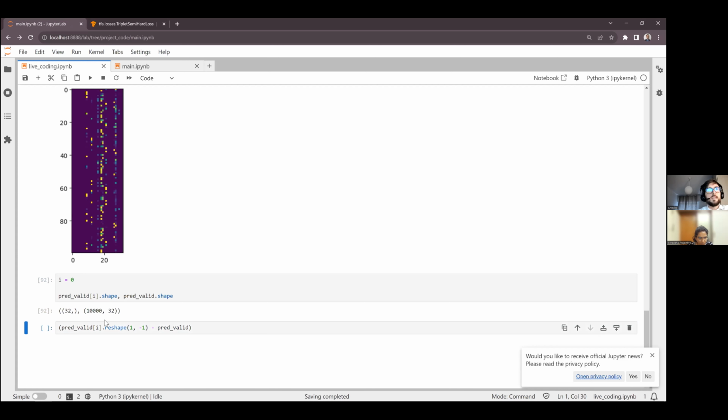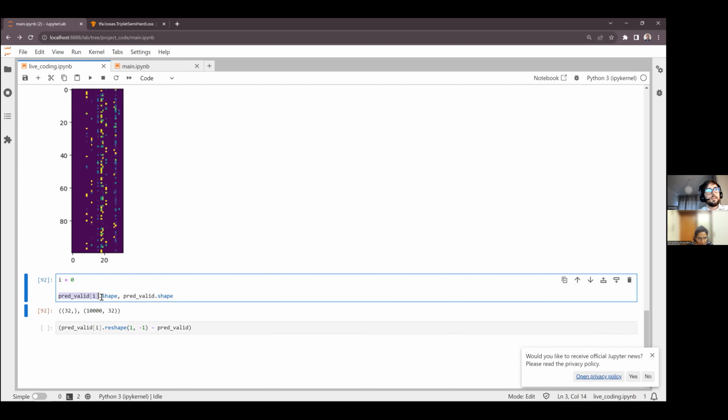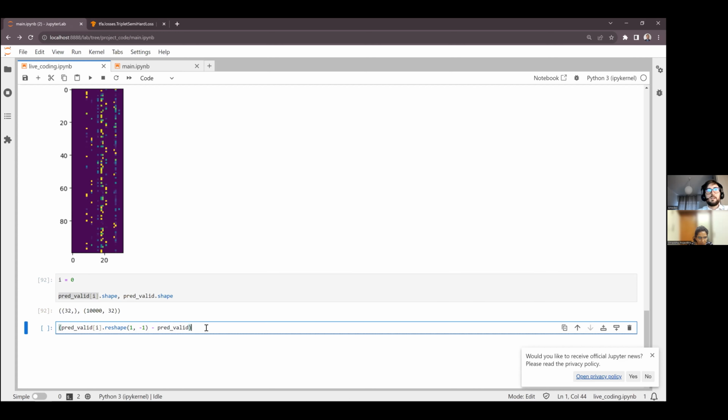In that way, we can subtract the representation of the first image from all the other ones. And then we can square it. So we get the square distance for each element, and we simply compute the sum across the vectors.